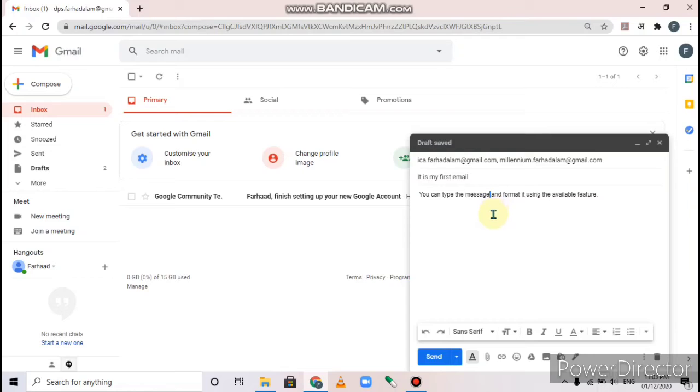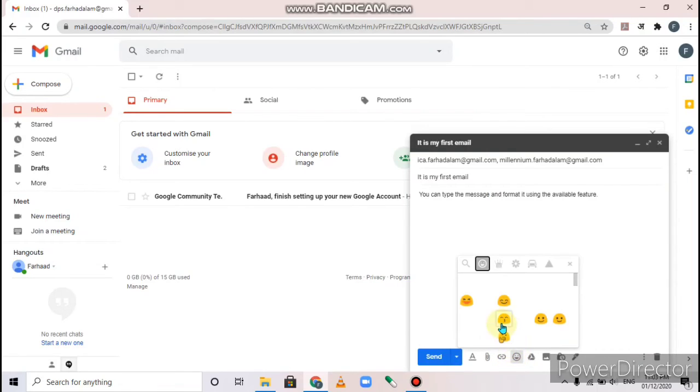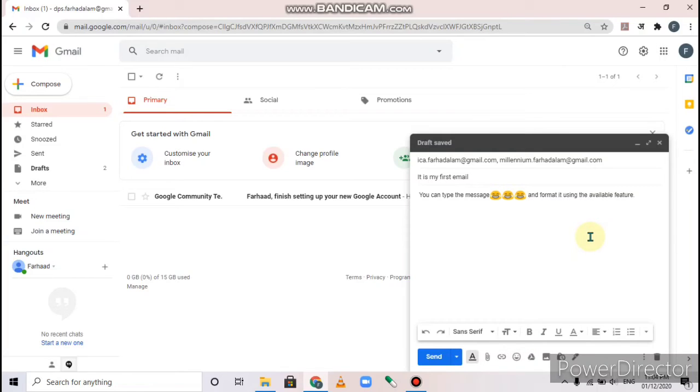Now you can change the format of the message by clicking on the A option. Right, if you want to change the color, change the font style, make it bold, italic, underline, then you can use it. You can also use the emoji option here. Choose the emoji like this. Understood? I repeat once again, you can type the message in this area, and if you want to